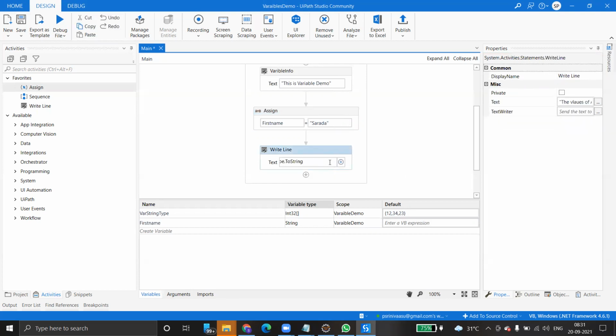I want to print the value here. What's the variable name? The variable name is first name. You can simply enter it, that is enough because it's string type only, so you don't need to give ToString again. Ctrl S. Just run this program now.